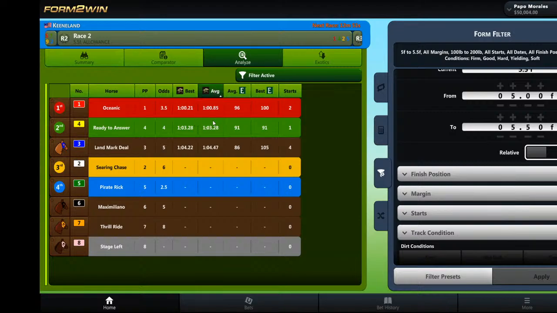So I didn't look at anything else, didn't look at pace in the race, which a lot of times if there's lone speed, that horse can probably get loose on the lead and may try to wire. But just strictly going off the raw data and using that information, you would have had that winner in race 2 today at Keeneland, which is pretty good. So that's how I really try to drill down